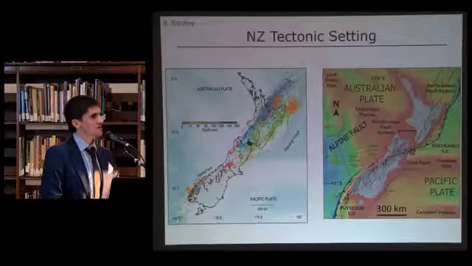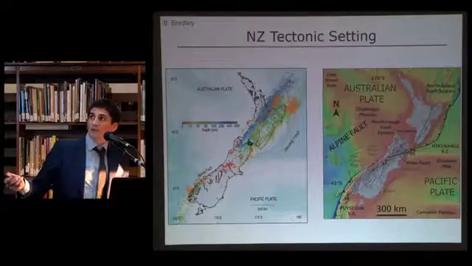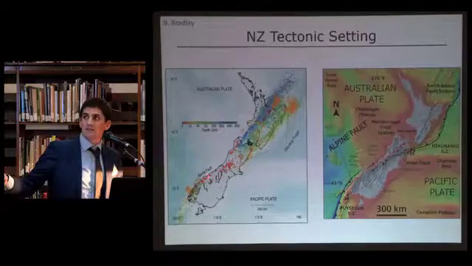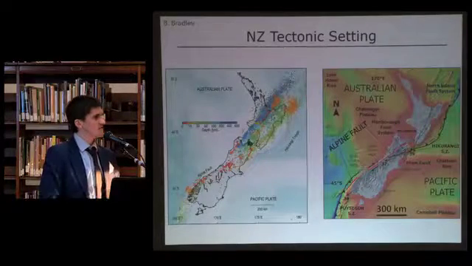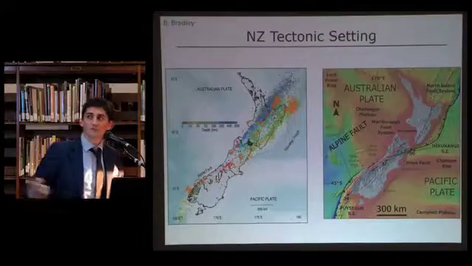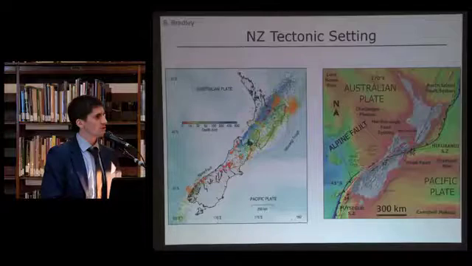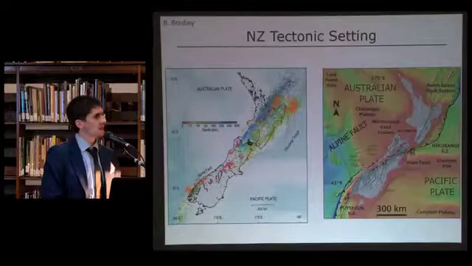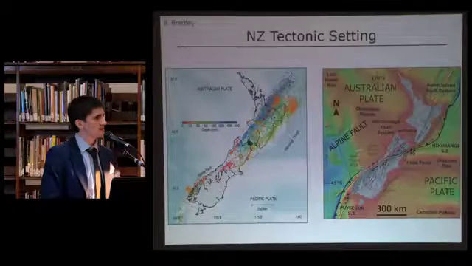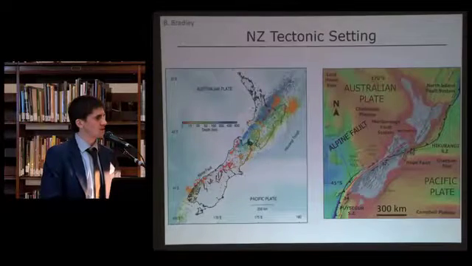The most important thing to understand about New Zealand tectonics is that in the northeast of the North Island, we have subduction of the Pacific Plate below the Australian plate. In the southwest of the South Island, the sense of subduction is reversed, where now the Australian plate dips beneath the Pacific Plate. And as a result of that, we get a large amount of shallow crustal earthquakes in the top 15 to 20 kilometres throughout most of New Zealand. So as you can see from that image on the left, we can really get earthquakes anywhere, although obviously some portions of the country are more susceptible to earthquakes than others.